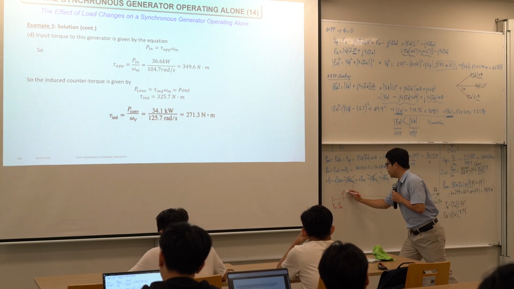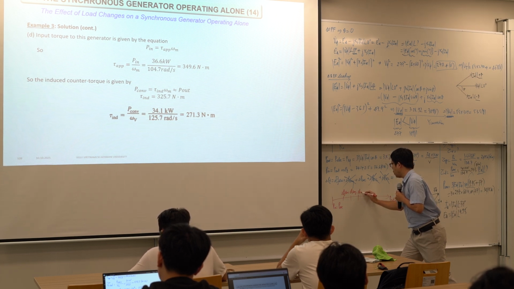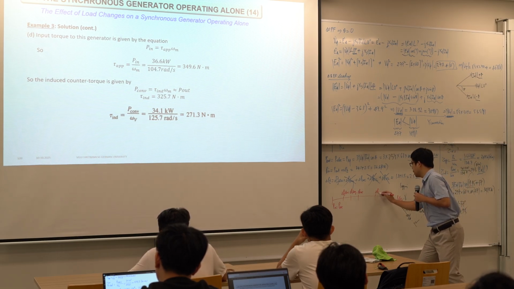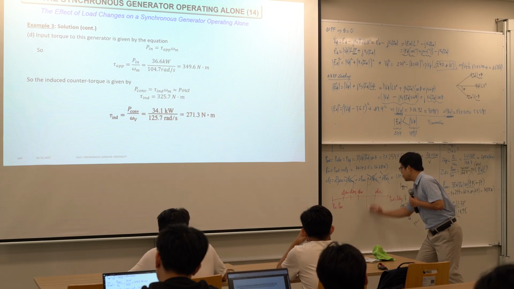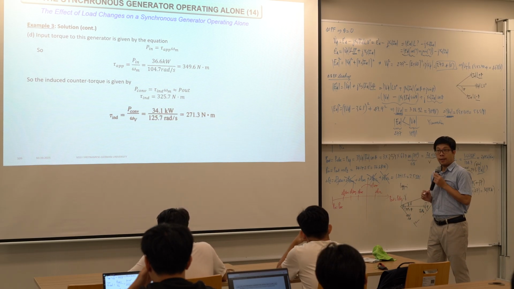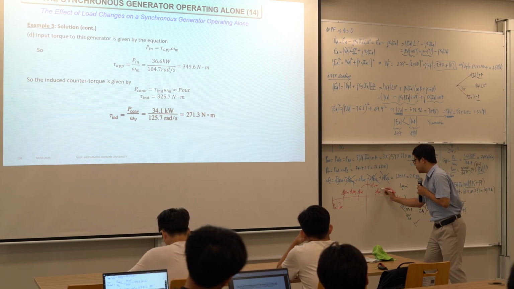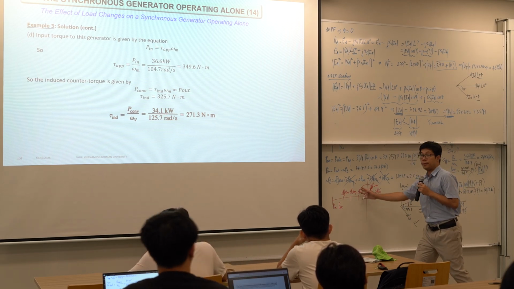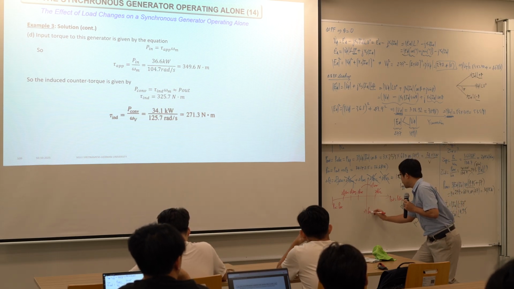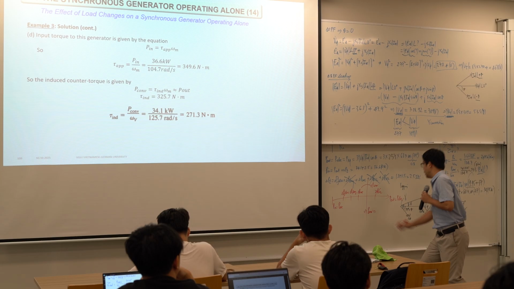We have delta P friction and windage, delta P stray, and delta P core, right? And this one is delta P SCL, and this one is P convert, right? And delta P SCL is 0, so based on the power flow diagram, we can conclude directly P converted is approximately equal to